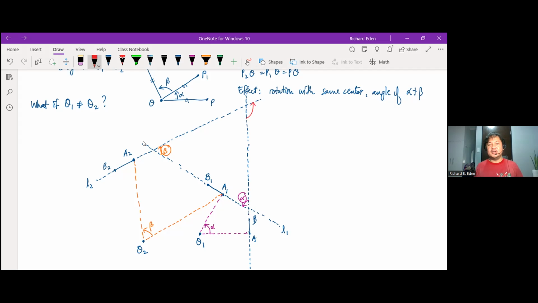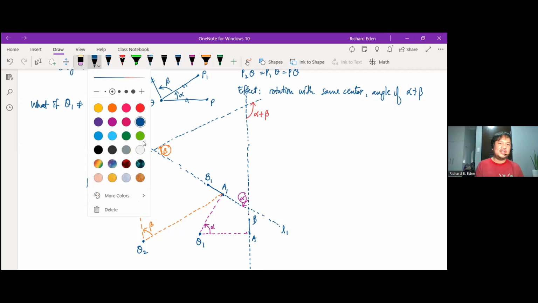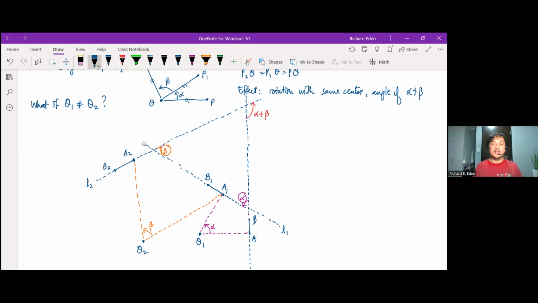If you compare the red angle with the purple and orange angles, this red angle must be alpha plus beta. So yes, even if the centers are different, okay, the result is still